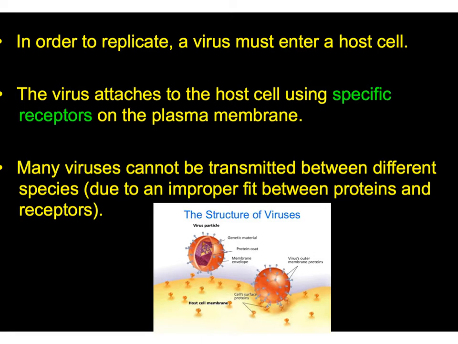Not only that, but viruses, even within a species, are isolated sometimes to only one kind of cell type. For example, HIV that we're going to look at in a second, its keys only allow it to unlock one human cell, which is the human T4 white blood cell, which is a helper T cell. The flu virus only infects cells of the upper respiratory system. Some viruses might only be able to infect the liver. Some viruses might only be able to infect other parts of the body, like maybe skin cells or other epidermis cells. So it just depends on the virus.